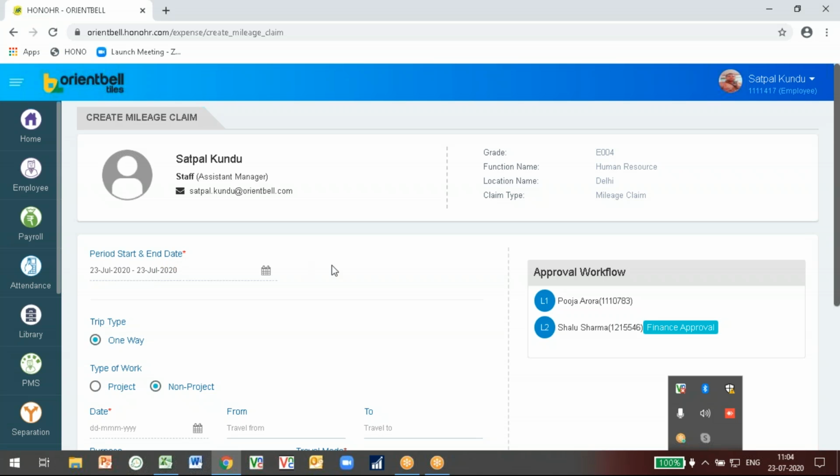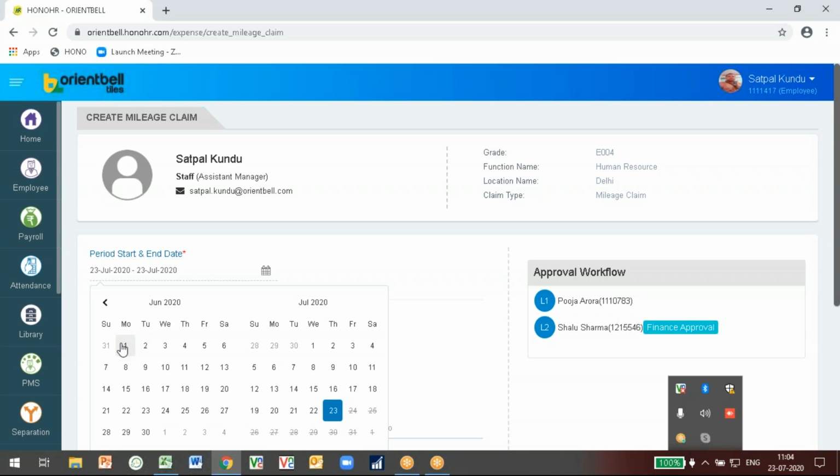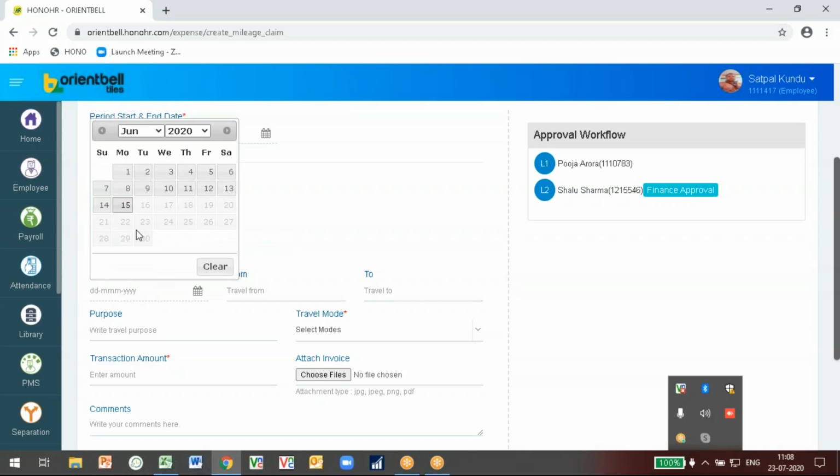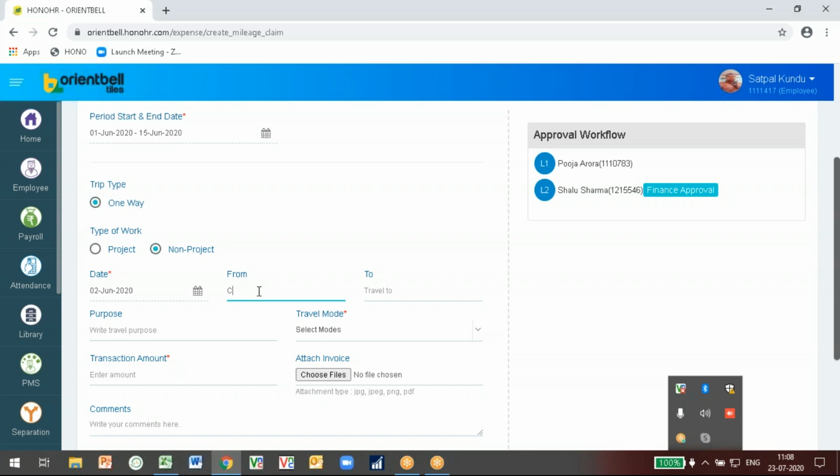As you all know, as per the policy, fortnightly, in 15 days, you need to submit your expense. So for 15 days of expenses, you select the period of 15 days. For example, if I want to submit my expense of June, I'll select from 1st June to 15th June. Then I'll select the date 2nd June. Then from where to where I traveled, what was the purpose,